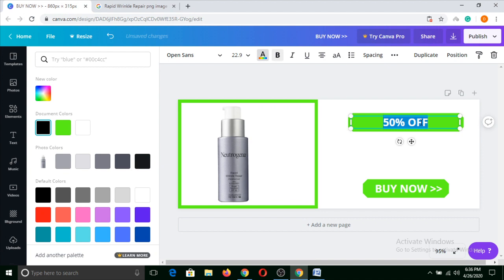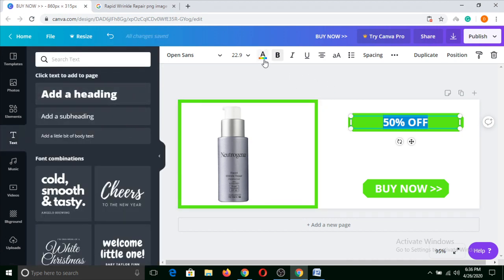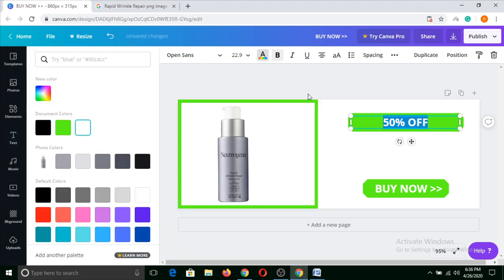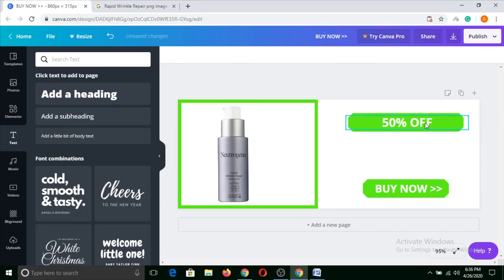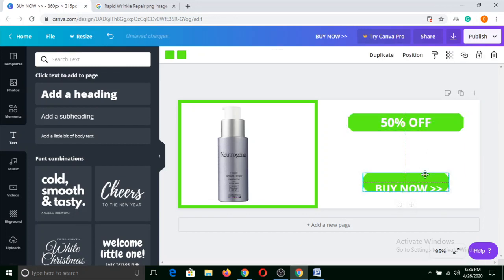You can play with these things, you can see other websites and have a good idea of what kind of sales image you can make. You can increase the size a little bit here. You can put it a little bit up. Now this is our sales image.